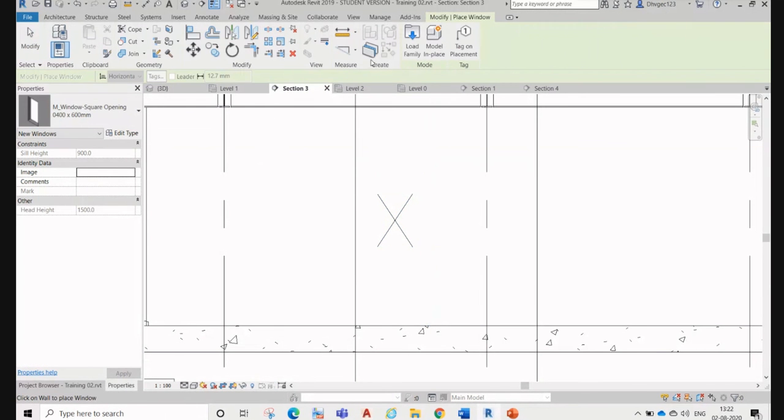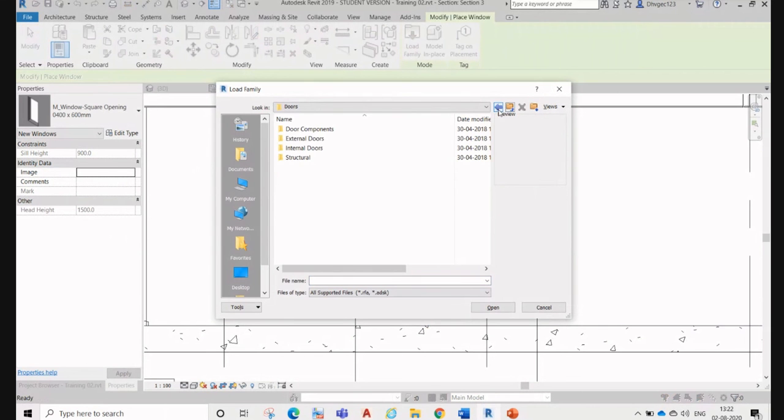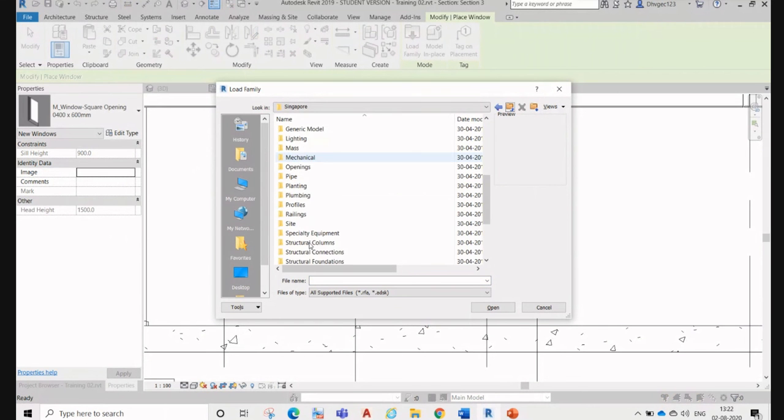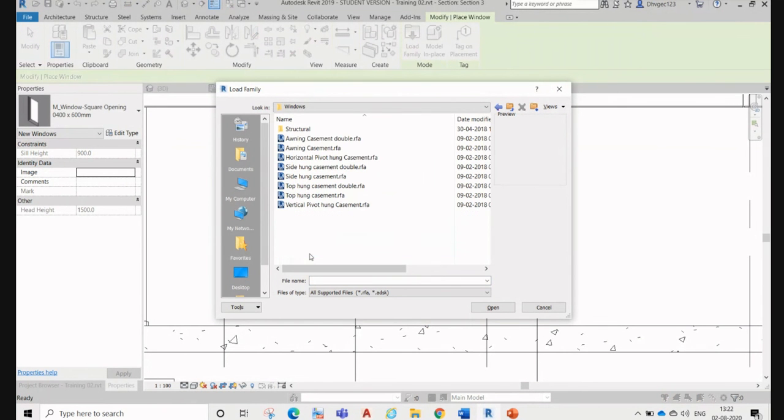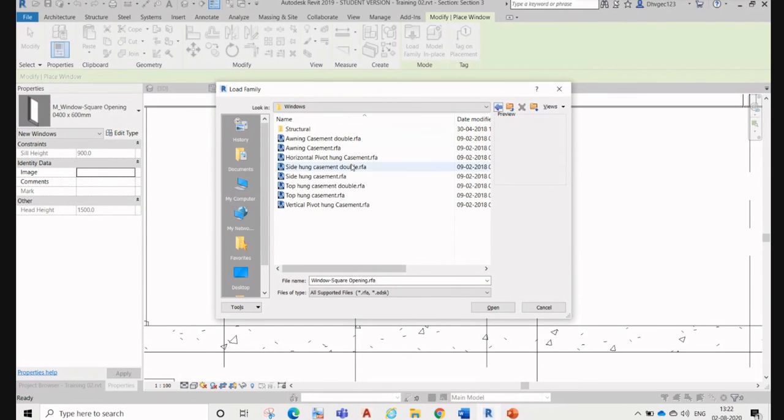Then we'll go here, load family, go back, instead of door go to Windows. Now what type of window do you want? Structural window is just like a circular opening or rectangular opening. So suppose we choose this one.